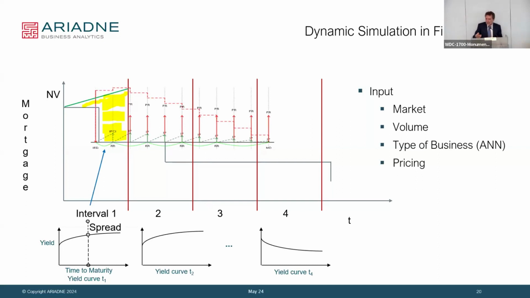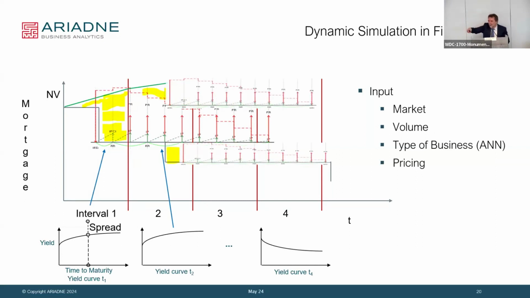So it knows all that. And now all the cash flow is created. And if you go to period 2, of course, now we have a little yellow up there, a little yellow down there. You calculate all these areas, and you fill in this, and so on, and so on, and so on. And at any point in time now, I can draw a balance sheet with the correct values.